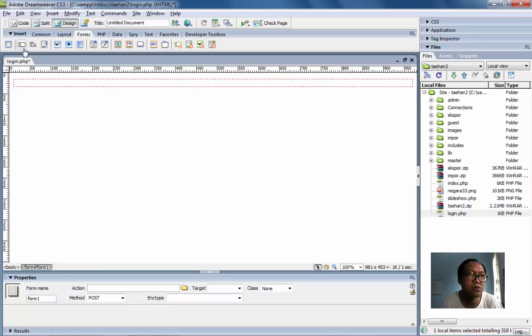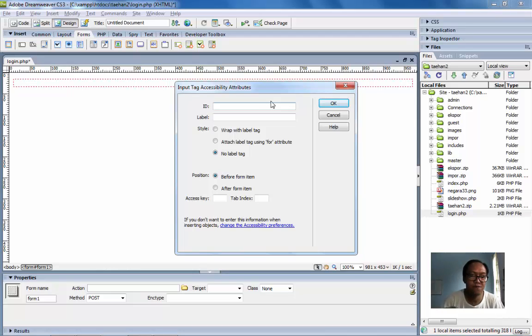We use 2 fields. The ID is the field for the variable that we use, which is username. The label is the label for that field. I recommend you use the label the same as the ID.